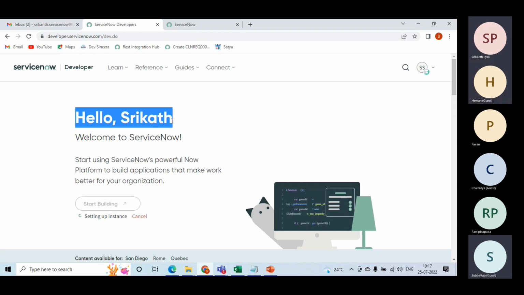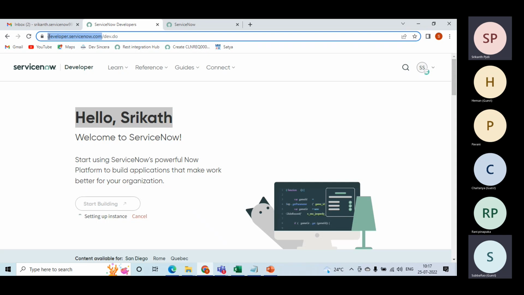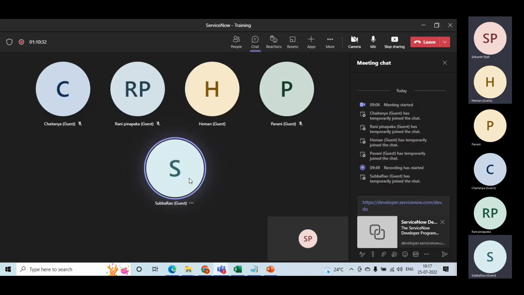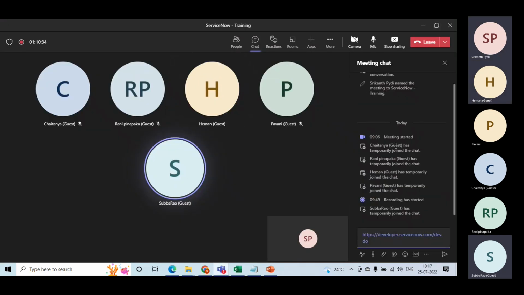Quite easy. Step one, you have to come down to developer.servicenow.com. And step two, you have to register. Once you have registered, you will have a user ID and password. So that user ID and password can be used to